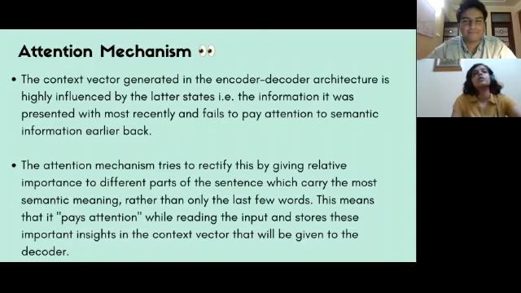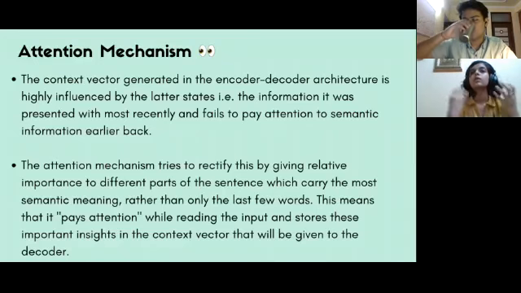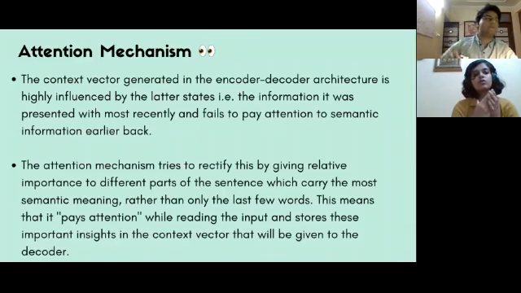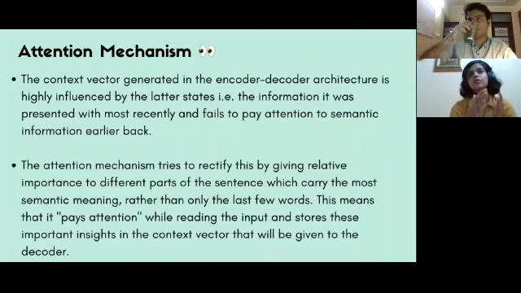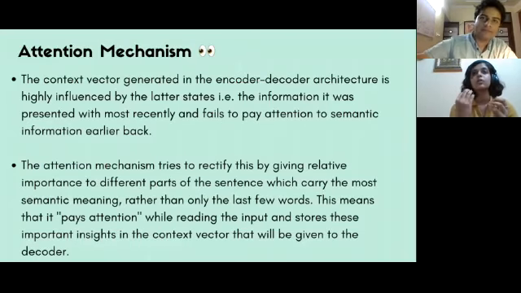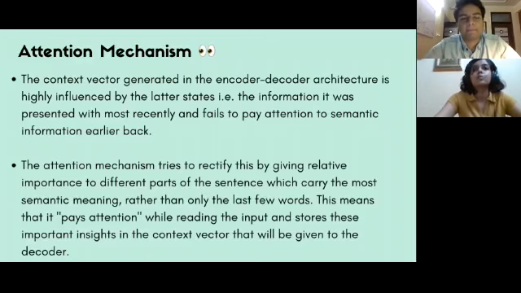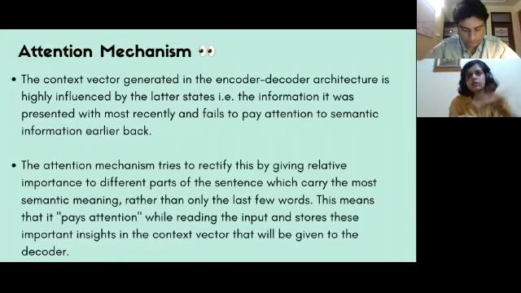Okay, so we've got the attention mechanism. As I said, encoder-decoder models put a lot of focus on the end part of the input data. So the context vector pays a lot of importance to the end part of the data instead of paying attention to the relevant parts. And this is where the so-called attention mechanism comes in. It helps the encoder-decoder models focus on what is relevant and necessary in the data, instead of focusing only on the end.